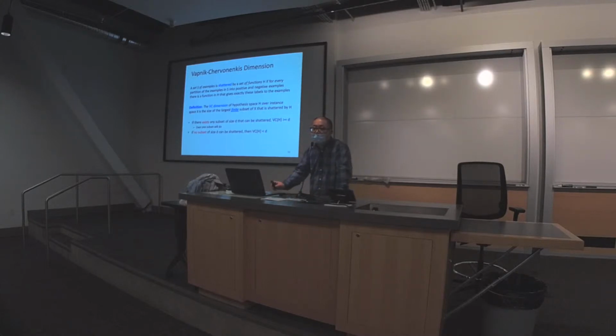So if you want to show that the VC dimension of linear classifiers is 3, what you need to do is just show that you can find 3 points, whatever layout, that can be shattered by your hypothesis space. At the same time, you need to show that any subset of points of size 4 cannot be shattered by your hypothesis space.